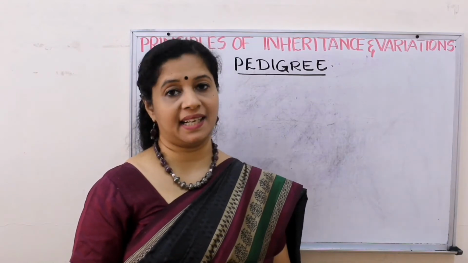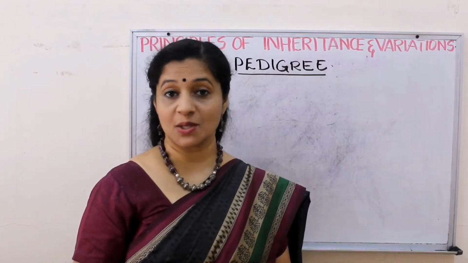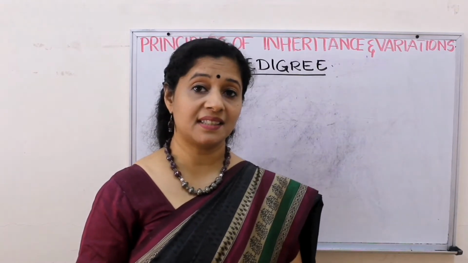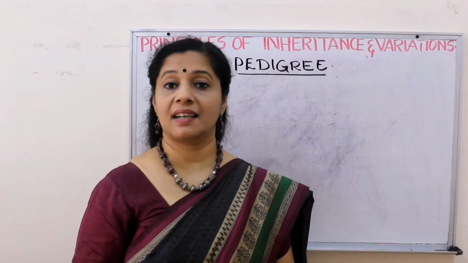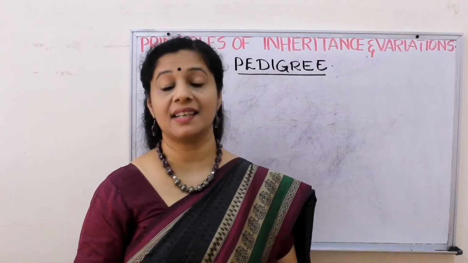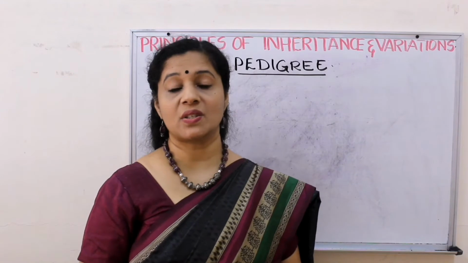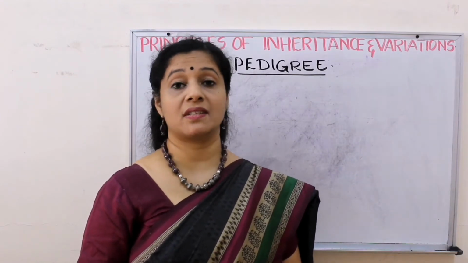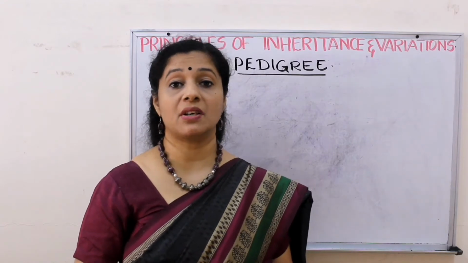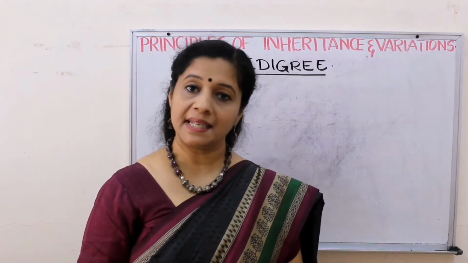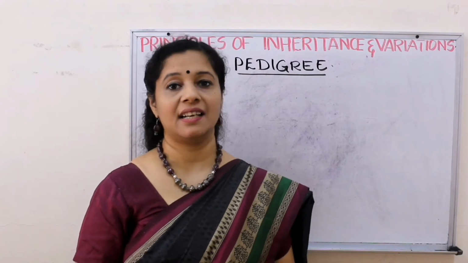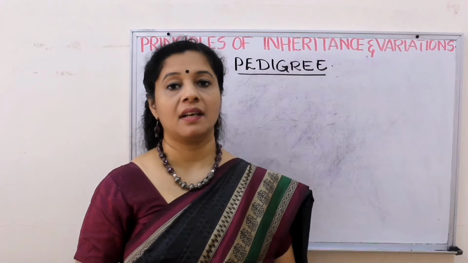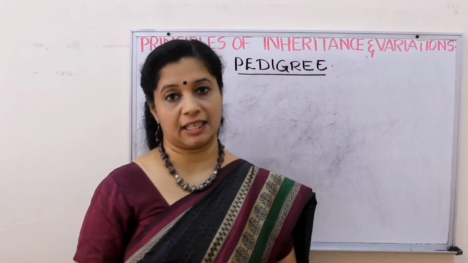So when it comes to pedigree, we already learned chromosomal disorders, genetic disorders in detail. Which are the genetic disorders we learned? Hemophilia, color blindness, which were X-linked recessive disorders, and we also learned sickle cell anemia, phenylketonuria, cystic fibrosis, thalassemia, all these as examples of autosomal recessive. Basically, we learned recessive disorders in detail, but we learned two examples of dominant as well. Whereas chromosomal disorders, we learned three.